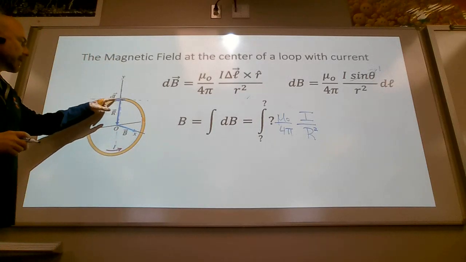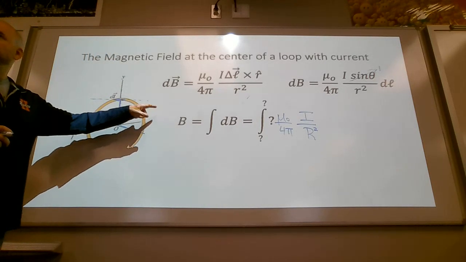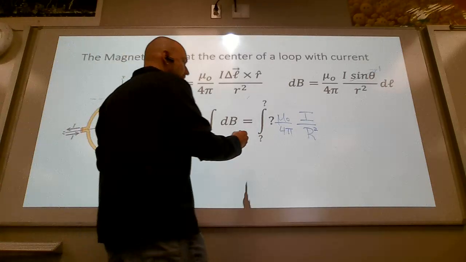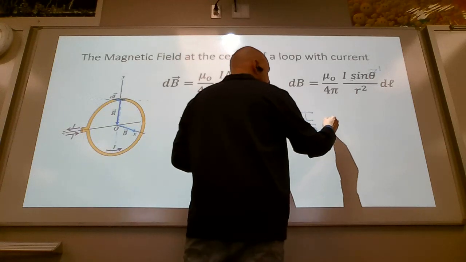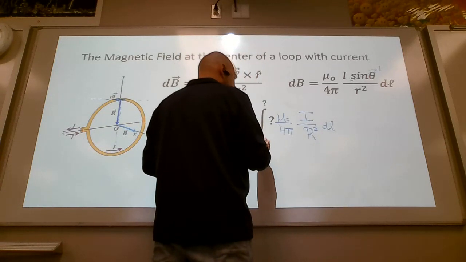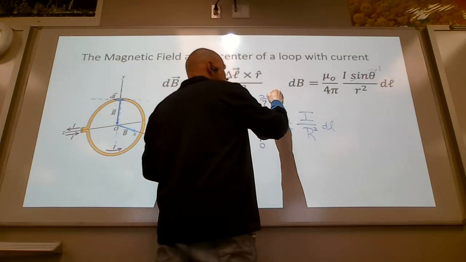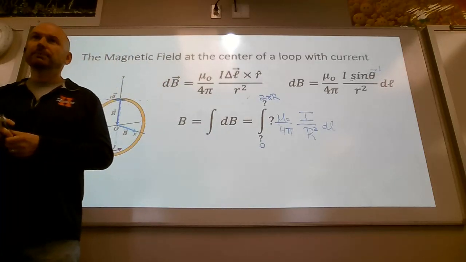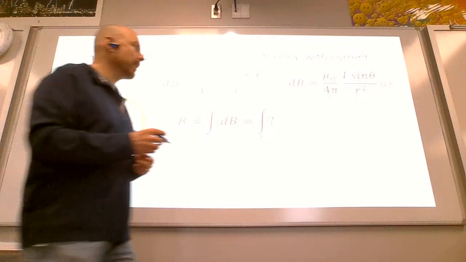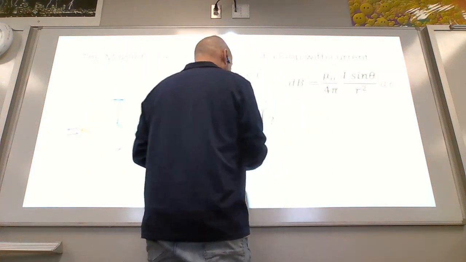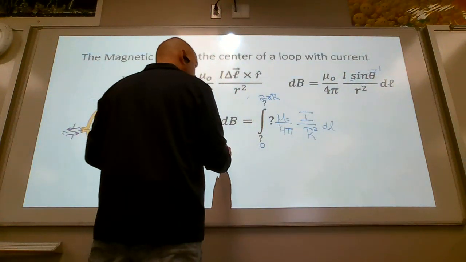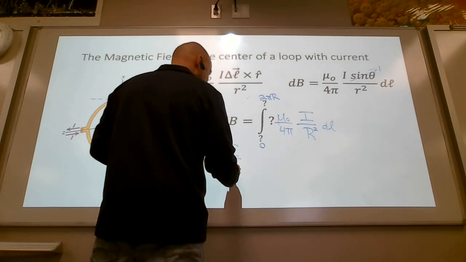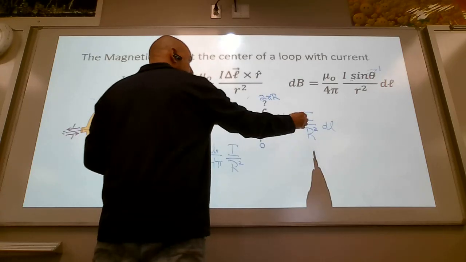Nope. Because the r never changes as you integrate, so this is dl, as you integrate from 0 to 2 pi r. You all right with that? So we're pulling all this stuff out because it's constant. Super duper nice. And then when we integrate dl,